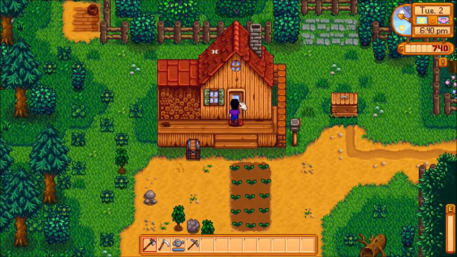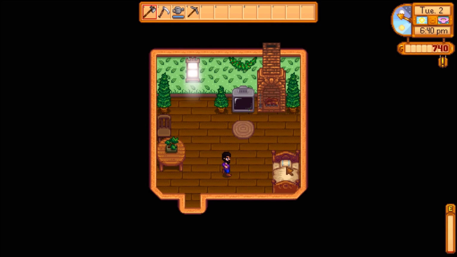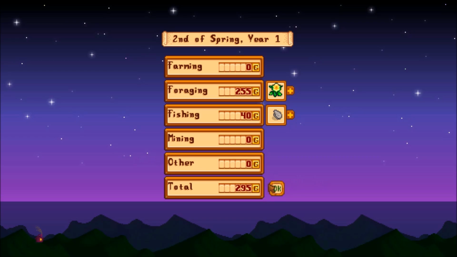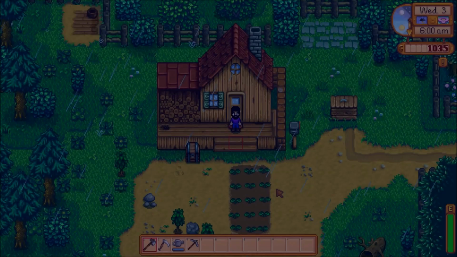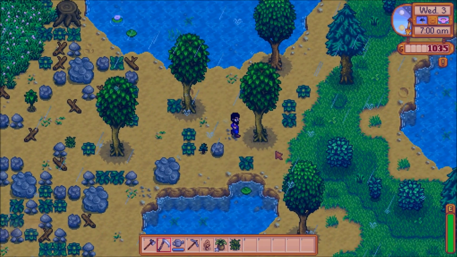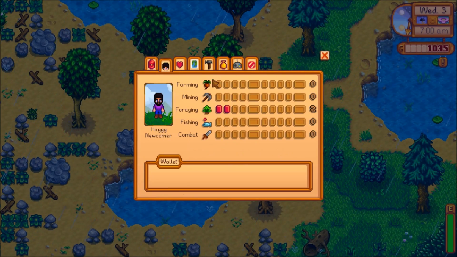Just before 7 PM and I'm out of energy, so I'm going to go to bed. I don't want to use up any of my items for energy yet. 295 gold today, that is 55 more than yesterday. But I'm simply after experience more than anything at this point. The money will come later. Hopefully lots of it. Already, after picking a few things in my field, my foraging skill has leveled up to